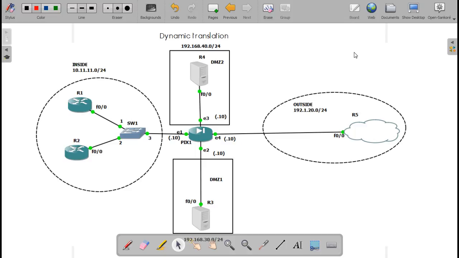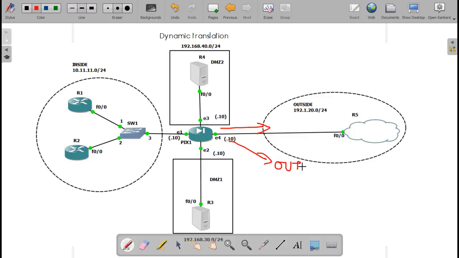Okay, now tell me, in the whole setup, where should I create the pool? In this whole topology, where should I create the pool? You will create the pool on the exiting interface. If I am on inside, what is my exiting interface? I'll be exiting to the internet on E4.